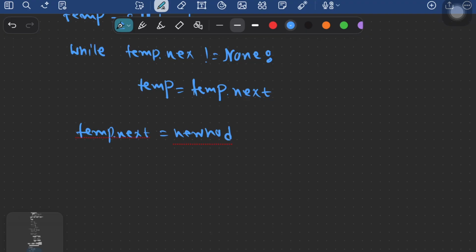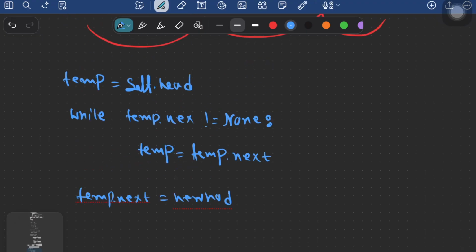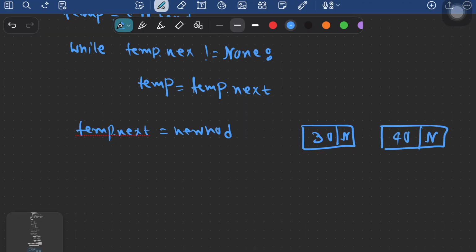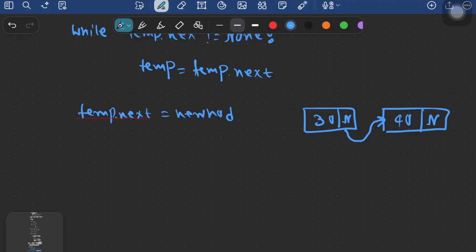That means in the last position, this is temp.next, 30, and a new node comes here, this is 40, which also has a None. So temp.next, this is the next, equal to new node, holds the address of the new node. Okay, that's it. So if you want to check in our program,